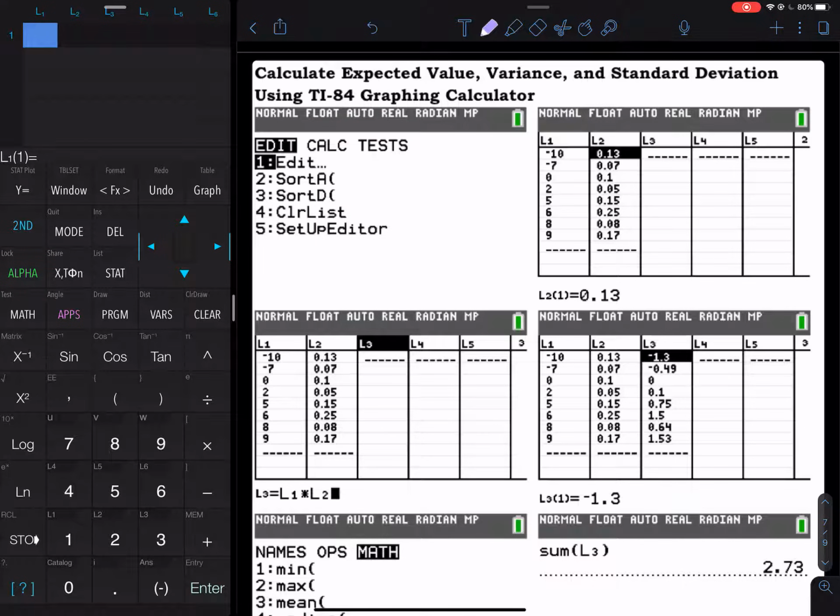Can you do that for me? Negative 10. Where is the negative key? The negative key is between the decimal point and the enter. Every time I teach this, people will just use the minus as negative. And then -7, and then 0, and then 2, and then 5, and then 6, and then 8, and then